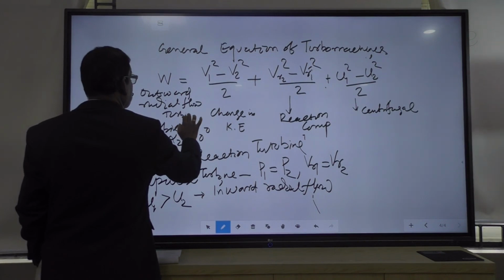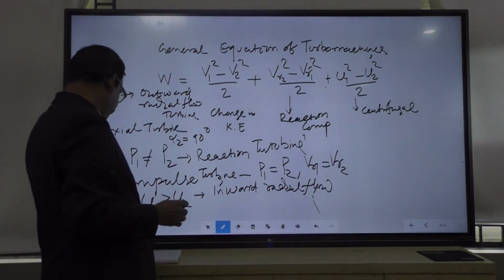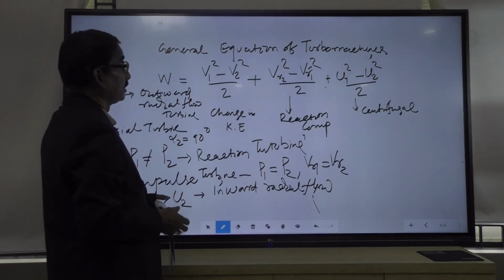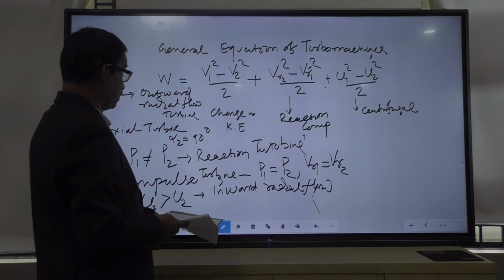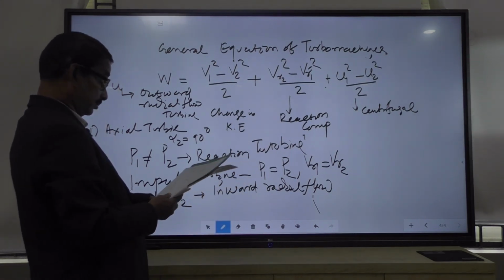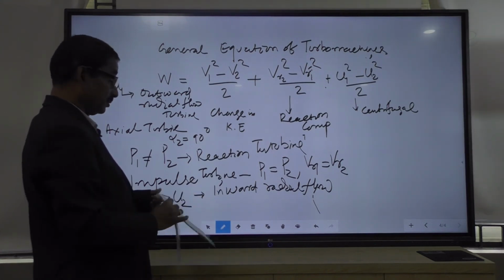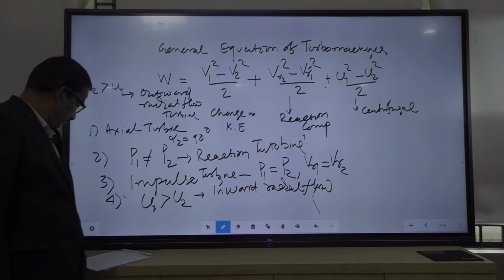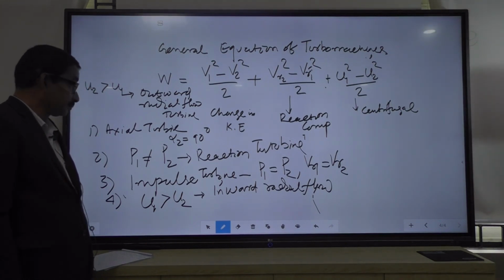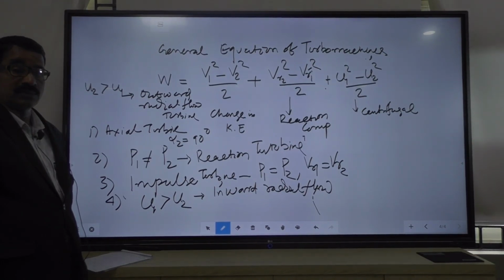So, now by this mathematical analysis, you can know the different types of turbines and how the velocity triangle will be drawn. In the next,